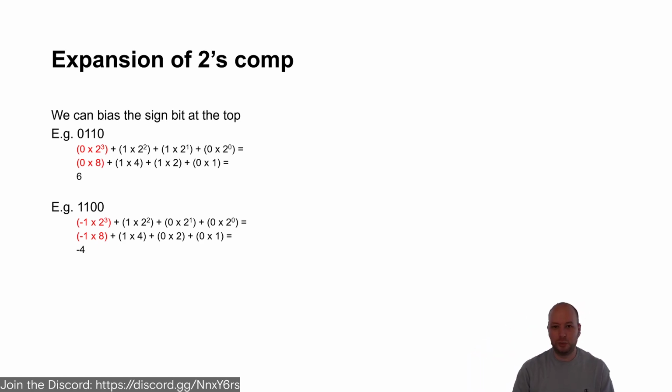And the reason that we do that is because then when we add these values together, we get a similar outcome. The way that the adder units work at the computer architecture level gives us the same result. So for example, if we wanted to add 0, 1, 1, 0 and 1, 1, 0, 0, we would first complement the 2, and this is